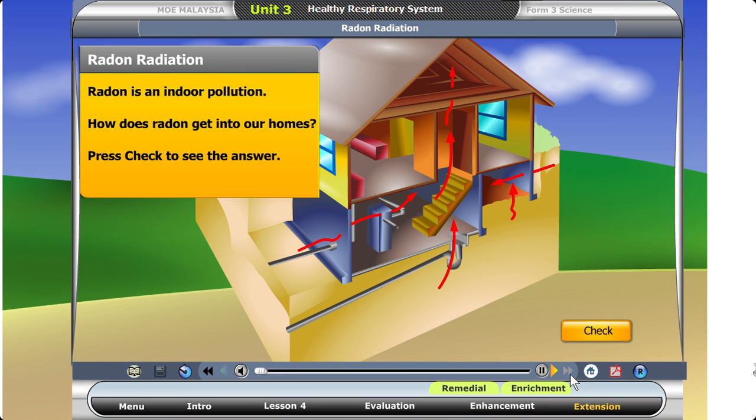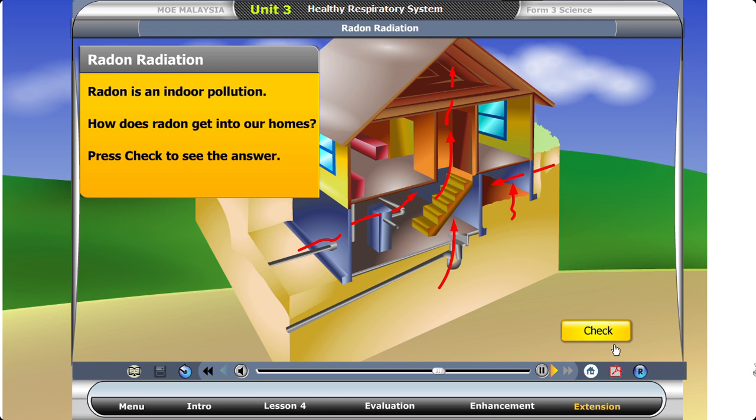Air pollution also happens indoors. One of the most dangerous indoor pollutants is radon. Radon is a radioactive gas. It comes from the natural decay of uranium that is found in nearly all soils. It typically moves up through the ground to the air above and into your home through cracks and other holes in the foundation. Your home traps radon inside, where it can build up.